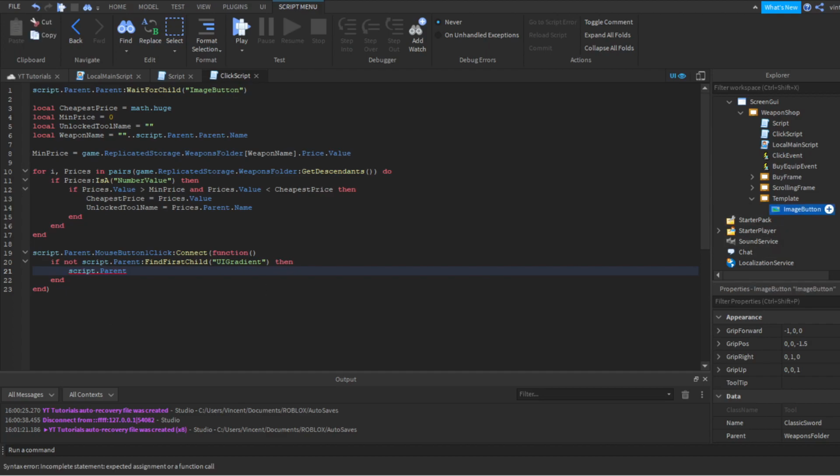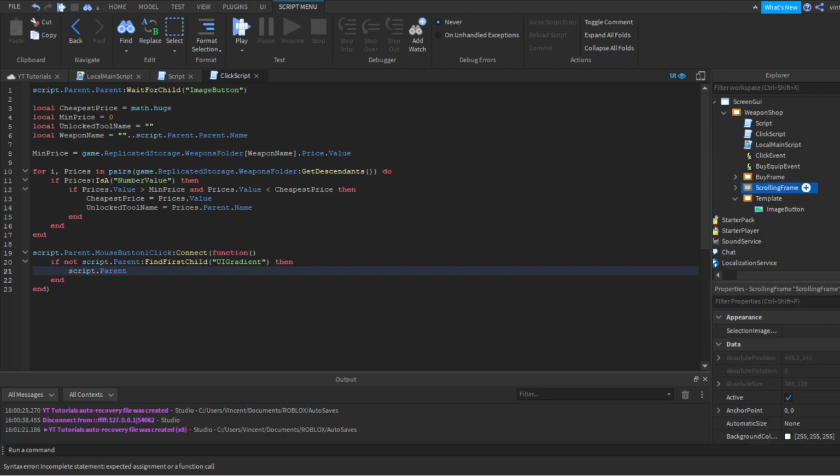So we're going to make one parent, two parents, and then this is the third parent and fourth parent, so 4 parents. Script.parent.parent.parent.ClickEvent:FireClient, and then we're going to write